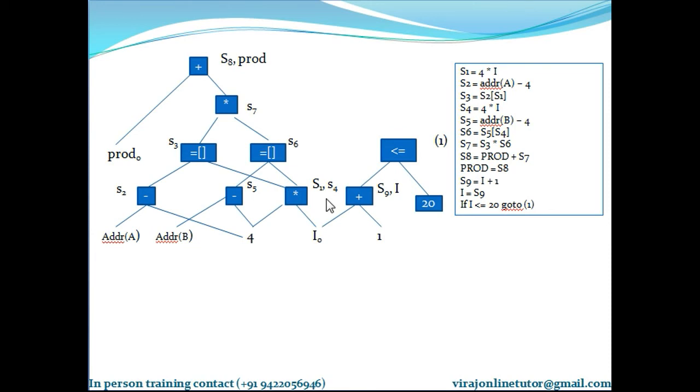We assume the existence of a function node, which, as we build the DAG, returns the most recently created node associated with that identifier. Initially we assume that there are no nodes in the DAG, and the node function is undefined for all arguments. Suppose the current 3 address statement is